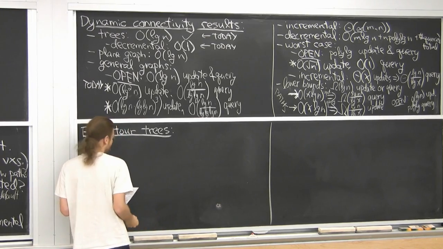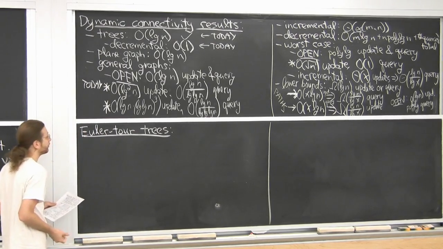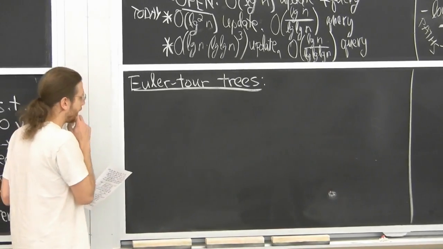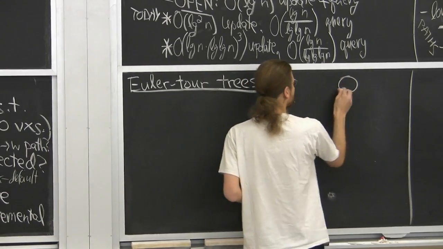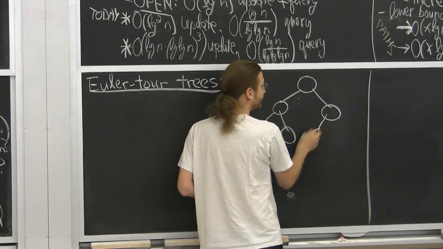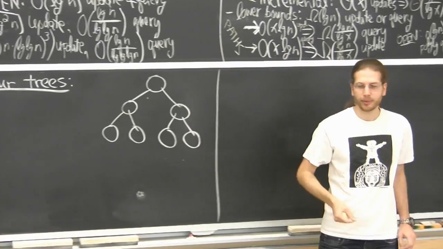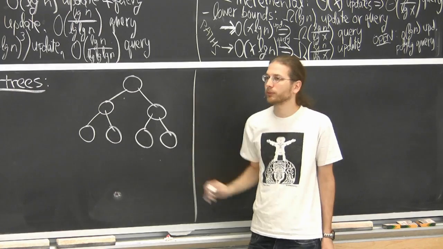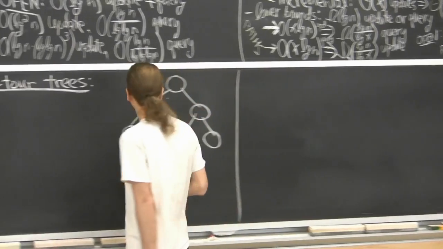So Euler-Tour trees go back to 1995, Henzinger and King. They're simpler dynamic trees, simpler than link-cut, even though they're newer. The key difference compared to link-cut trees is that they let you do stuff with subtrees of the tree instead of paths of the tree. Link-cut trees are great. We could compute the min or the max or the sum of a bunch of weights on any path that we cared about. But for various reasons, we want to do the same thing on subtrees, and this turns out to be easier. So what do we do?